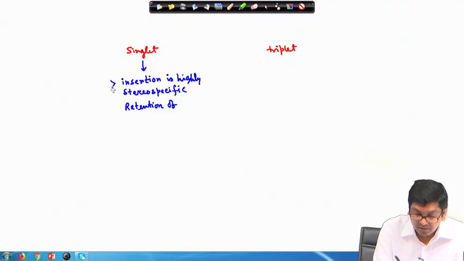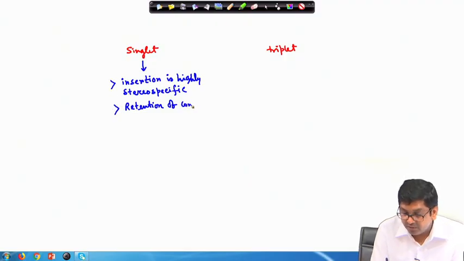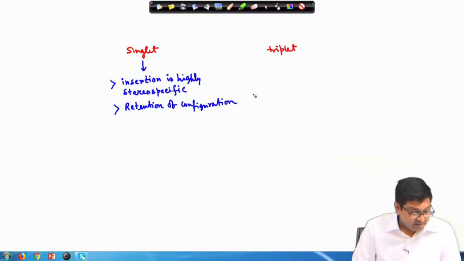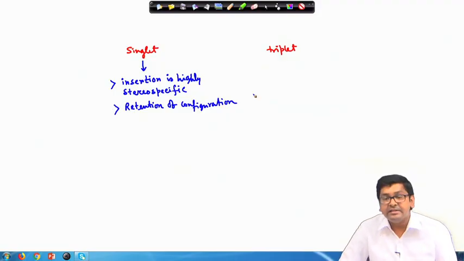And in case of triplets, what is found is that generally this insertion is